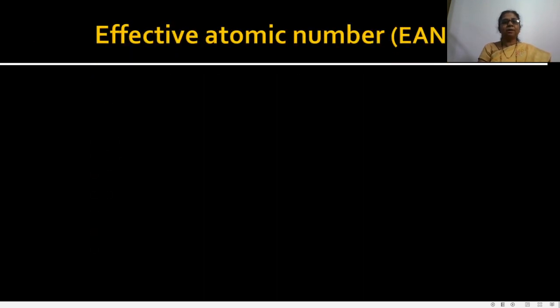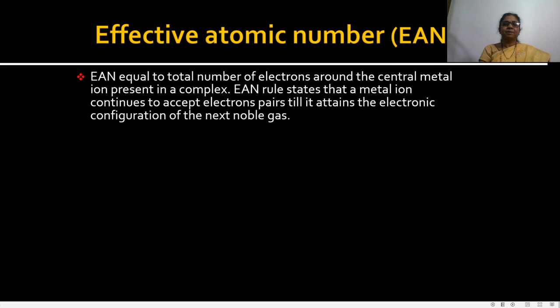Now see the next point, effective atomic number, which is called the EAN number. First, know what the effective atomic number is. The effective atomic number is equal to the total number of electrons around the central metal ion present in a complex. There is also the EAN rule, which states that a metal ion continues to accept electron pairs till it attains the electronic configuration of the next noble gas,